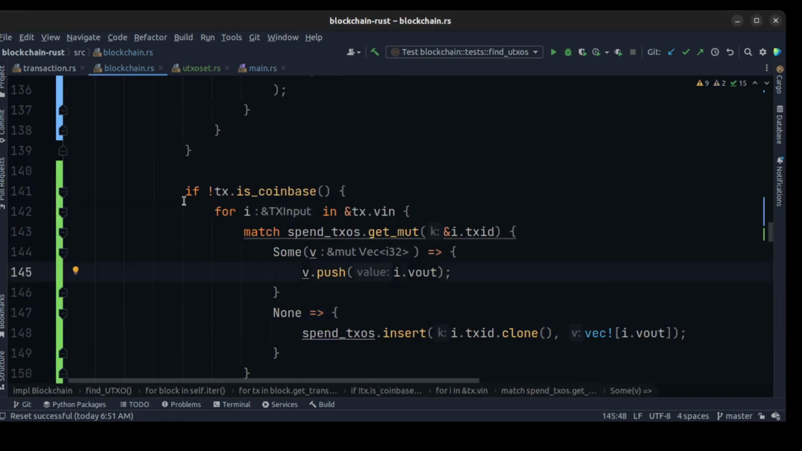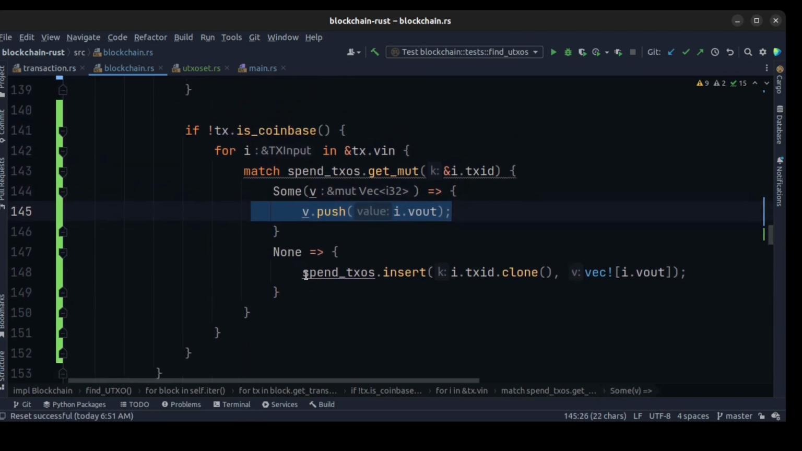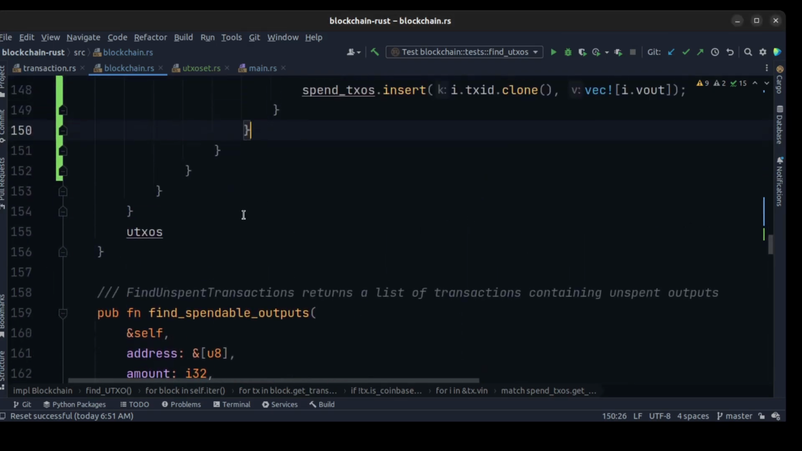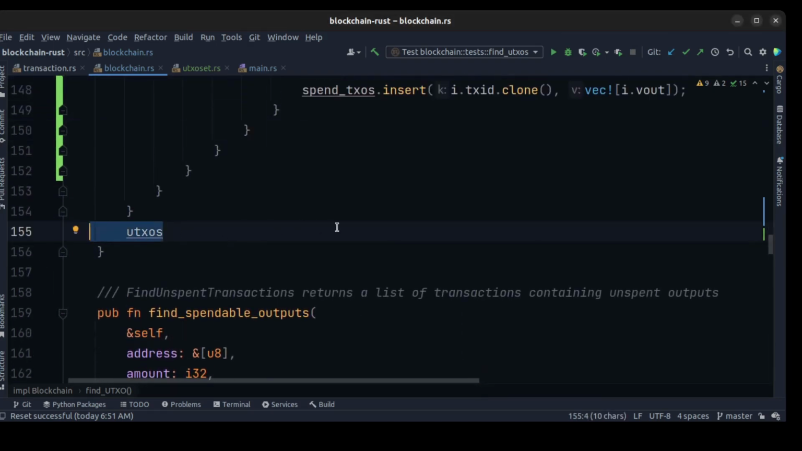Then we need to check if our transaction isn't a Coinbase transaction. Then we want to walk through our value input and check spent TXOs with the right transaction ID. Then if we have some, we just need to push the value out. If none, we just need to insert the one with the transaction ID and the value out. And at the end, we just need to return UTXOs as before. Okay, after this